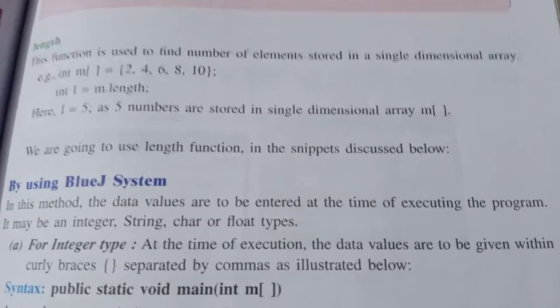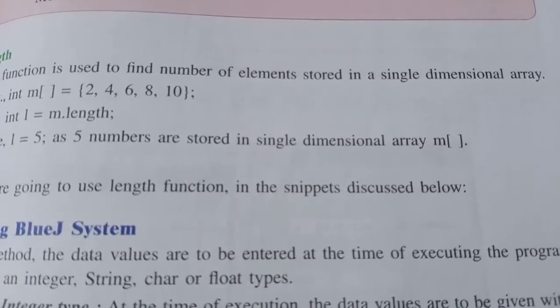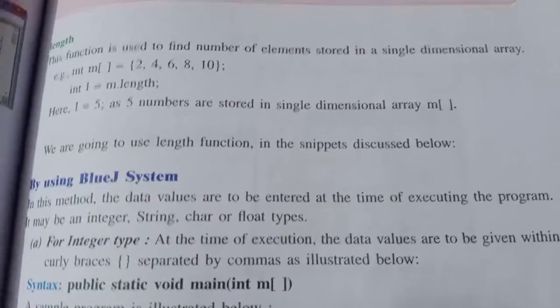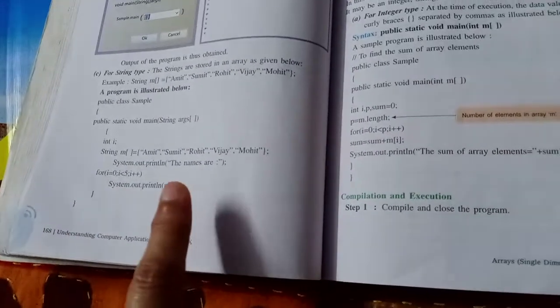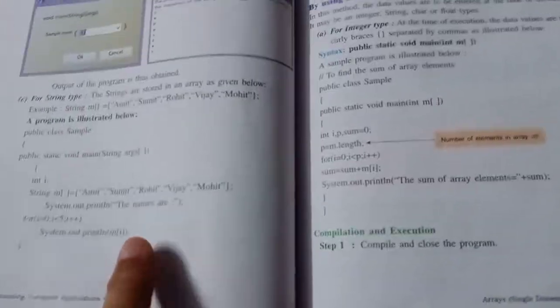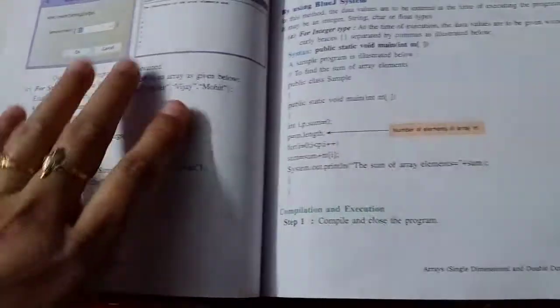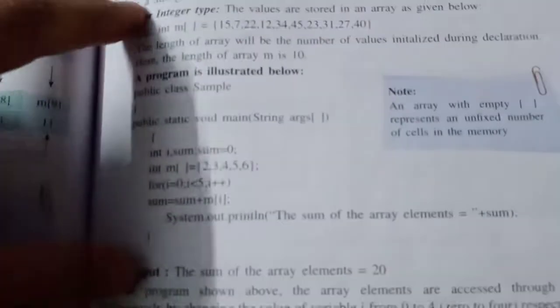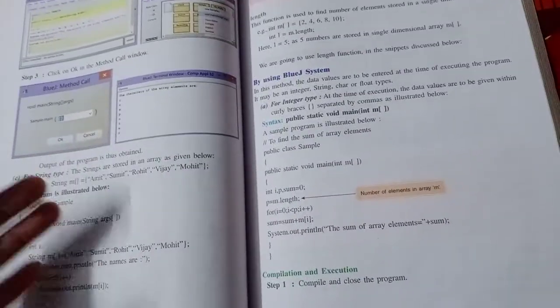Till now, today we will do up to this only. Do practice of the programs with the assignment type. Here it is given on page number 167 and page number 168. You have to write these programs on your copies with the heading by using assignment statement. Okay, you have to write this heading, and under it you have to write different type of a one program of different type: integer type, character type, and string type.